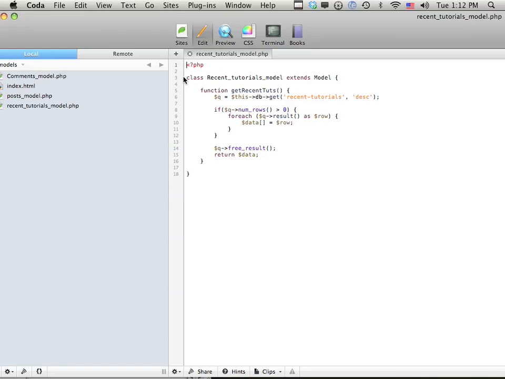So you can see this is the model. We create a new class called recent tutorials model. Notice that's the same name as our file. And this time it's going to extend the model class. And I only have one function, and I've called it get recent tuts. Now, we create a query, and in order to access our database, we just do this db get, and this will allow us, it's kind of a shorthand with active records, to